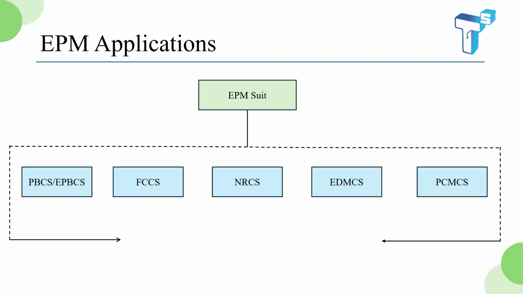And next one is the PCMCS. The full form is Profitability Cost Management Cloud Services. Why this is used is because, for example, let us go by the same example where we started. We own a product. You guys own a product-based company. By the end of the year, by the end of March, the fiscal year is done and you got a profit of around 10 crores in that one year.